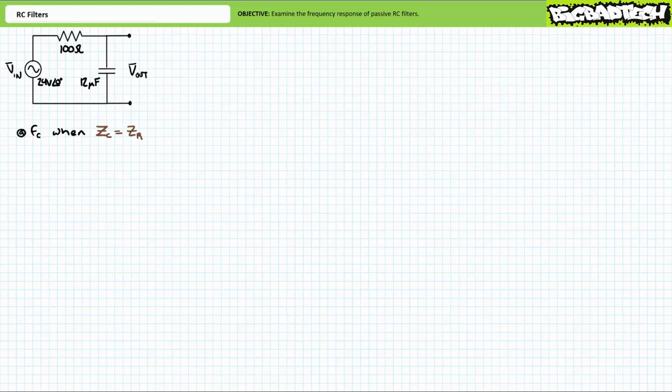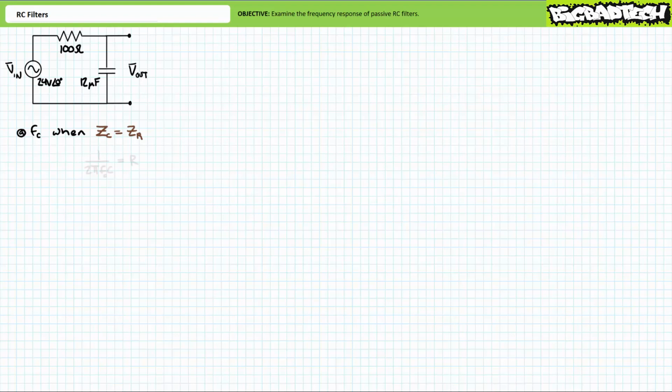Again, the critical frequency FC is experienced when the magnitude of the resistive complex impedance ZR equals the magnitude of the capacitive complex impedance ZC. Note I've ditched the angles because we are not concerned about angles. All we care about is impedance magnitude. I'm well aware that resistors have an impedance angle of 0 degrees and capacitors have an impedance angle of negative 90 degrees. Given fixed resistive and capacitive component values, we're being asked to solve for a critical frequency FC which